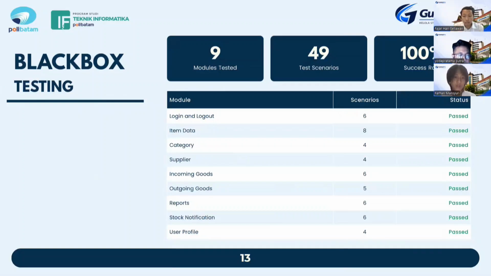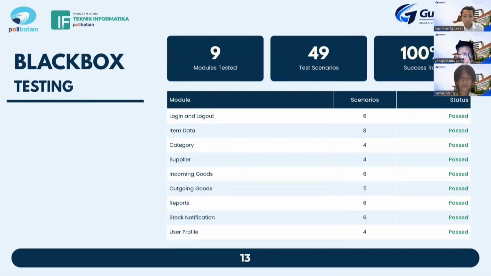We tested nine system modules with a total of 49 test scenarios, and the result shows a 100% success rate, meaning that every feature works as expected. The tested modules include login and logout, item management, categories, suppliers, incoming goods, outgoing goods, reports, stock notification, and user profiles.